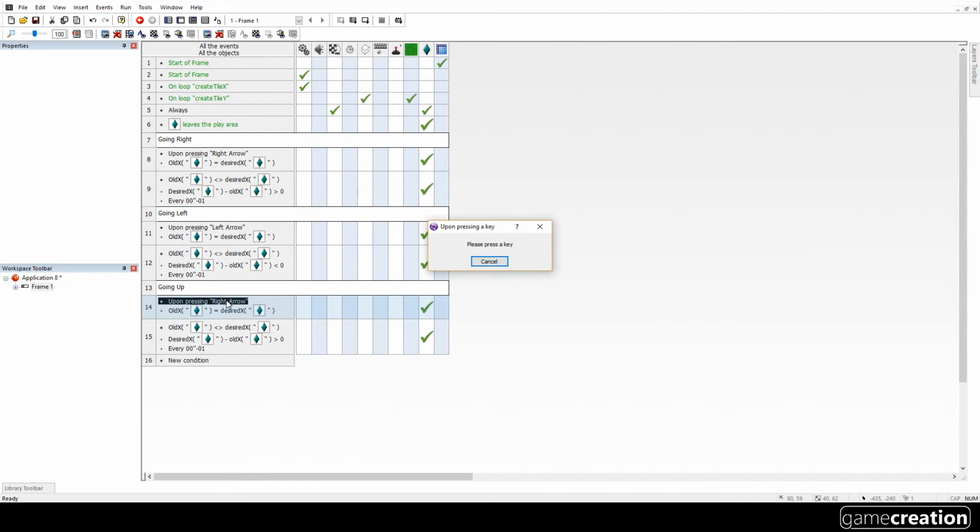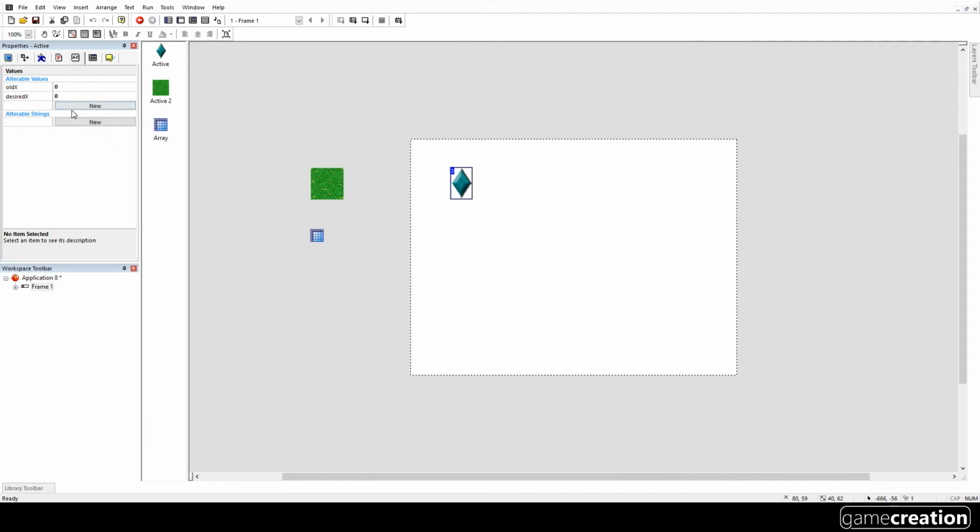So going up. Now at the moment we've only got the X, so I need to go back, and I'm going to name some Y's. So I'm going to keep the same format, old Y,